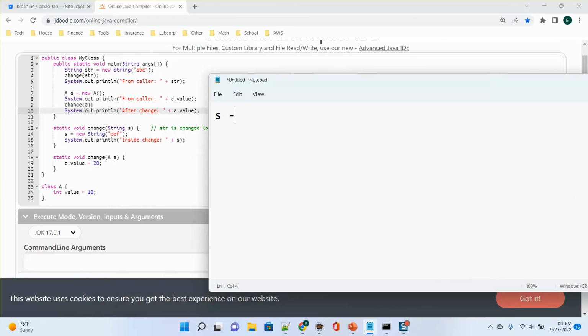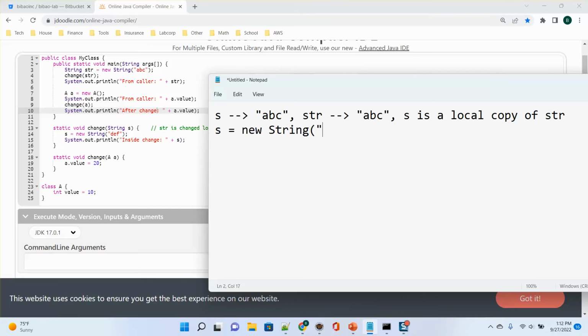So S at the beginning, the reference points to ABC, right? And the outside value str also points to ABC. That's true. So S is a local copy of str. Okay. Now, after you run this line, then S is pointing to